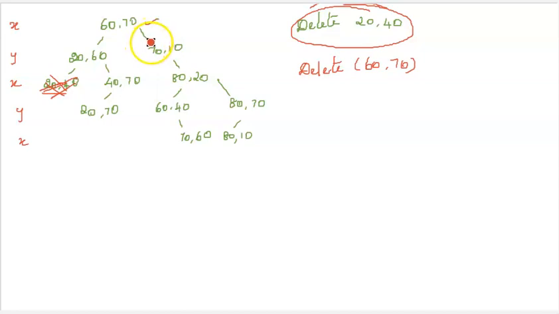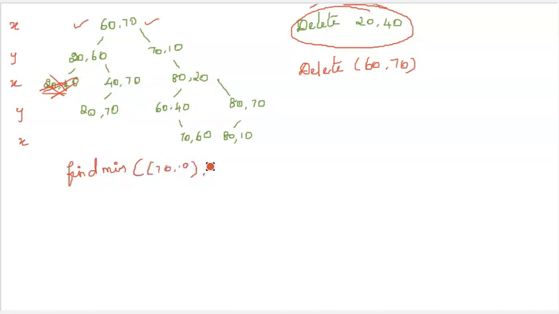So as per the algorithm, I have to find whether I have a right subtree. Yes, I have a right child. Hence, I have to find a minimum from the right child. Okay. So I have to find the minimum in the x dimension. As my deleting point is in x dimension, I have to find a minimum point only in the x dimension. Okay, so I have to start my search from 70 10. So find minimum, you have to start your search from 70 10.